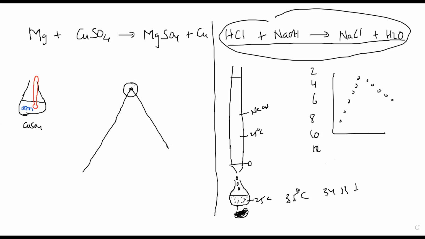But I may not get a sharp point here because I'm adding in 2 centimeter cube portions. So it may happen that this was the temperature at 18 and this was the temperature at 20. Understand? This was the temperature at 18 centimeter cube addition of NaOH, like you know how this is 12, 14, 16 and 18. 18 is here and 20 is here. This is the reading for temperature at 18 and this is the temperature at 20. So haven't I missed the endpoint? Haven't I missed the endpoint, guys?